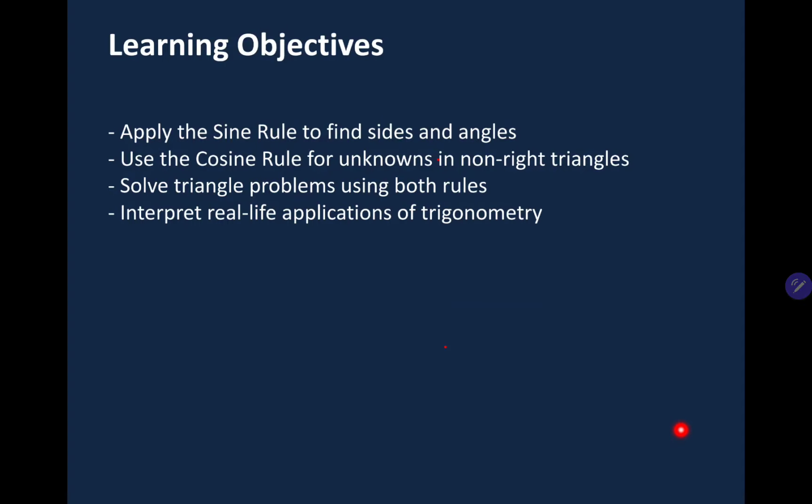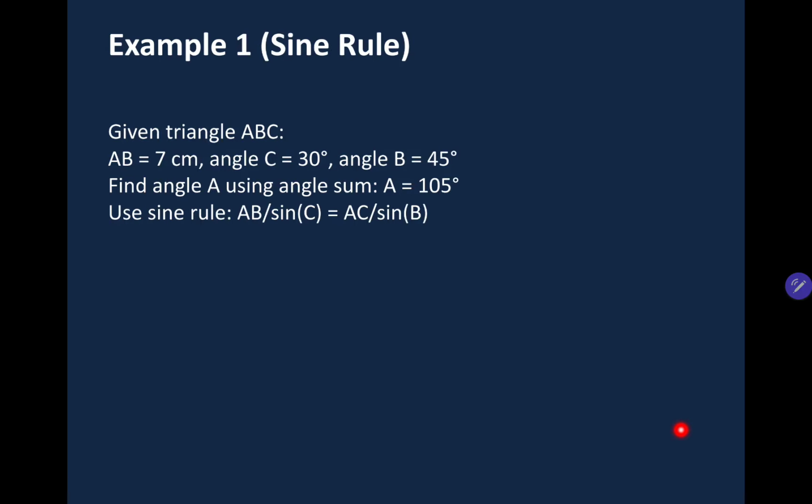So today we'll be solving triangles using both rules, the sine rule and the cosine rule, and we'll see the applications in finding missing angles and sides of a triangle. Okay, we'll take our first example. If we have a triangle,